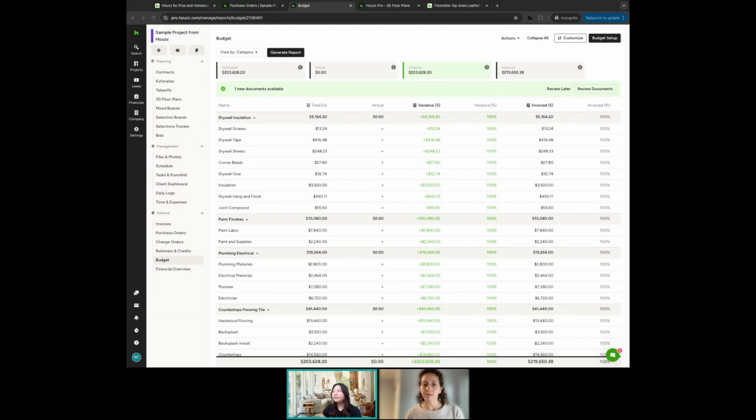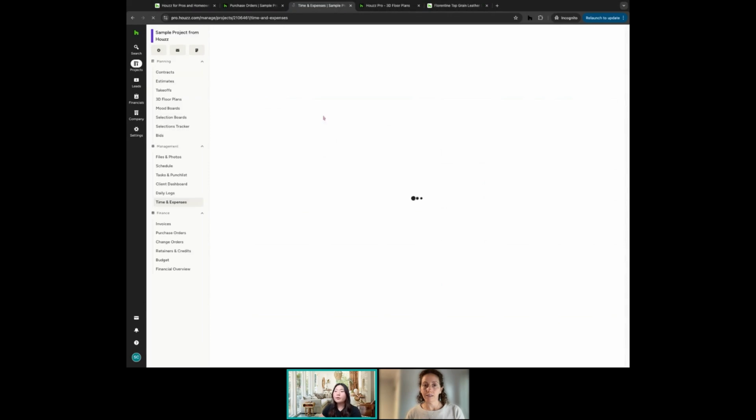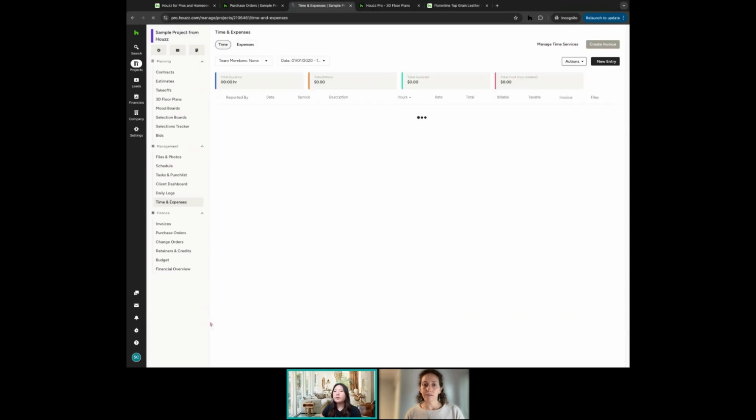All right. The next tool that we'll go ahead and cover will be our time and expenses. Just a brief overview on your time and expenses. So all of your team members that have access to the Houzz Pro account will be able to log in their time. So on everyone's account, there's going to be a little stopwatch, a clock in button on this